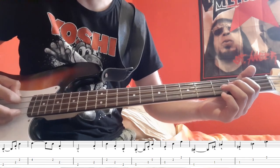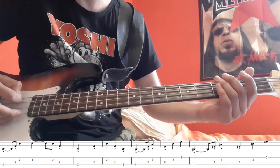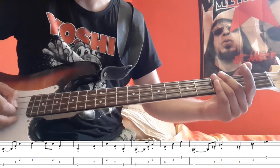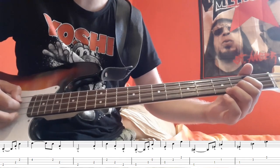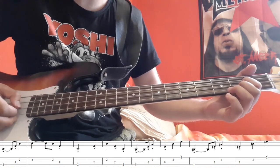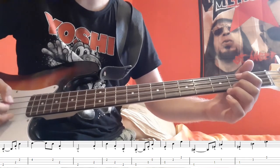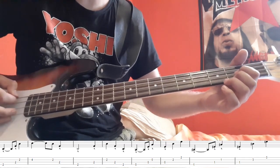But the only difference in the next part is instead of going here, we'll go with the full low C, and then the open C, sorry, and then the open 2nd string and open 3rd string, and then we go back to the open 2nd string, and then the 2nd fret on the 3rd string and the 2nd fret on the 4th string. So what you get is, so it's again,